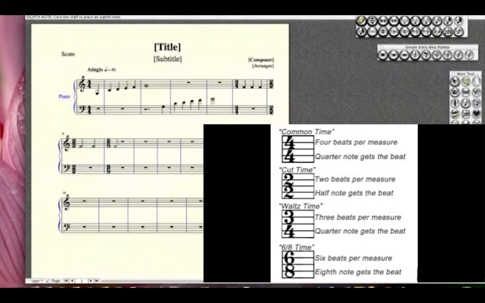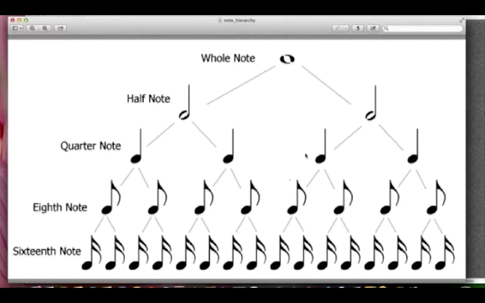And then 3/8, where an 1/8 note gets a beat. So 3 eighth notes fill a measure, and it won't let me put a 4th one in. So 4/4 or common time, 3/4 or waltz time, 2/2 or cut time, and 3/8 are the most common ones, but there are other ones. And the rhythm hierarchy for notes works the same way as rests,